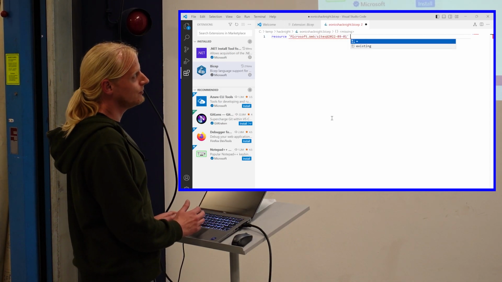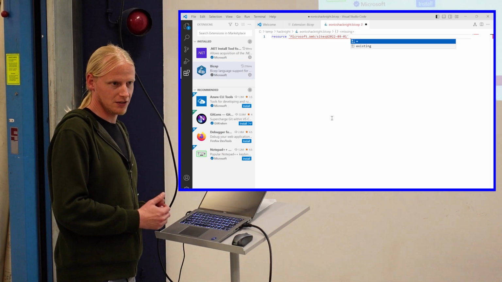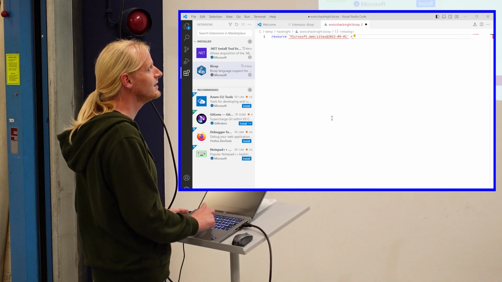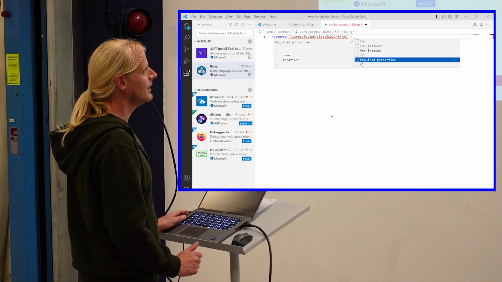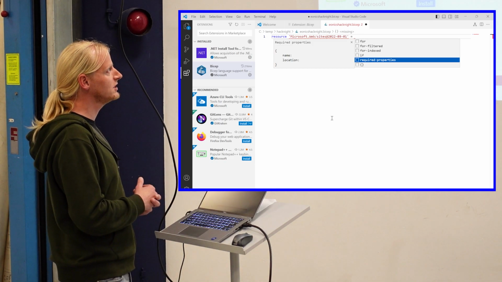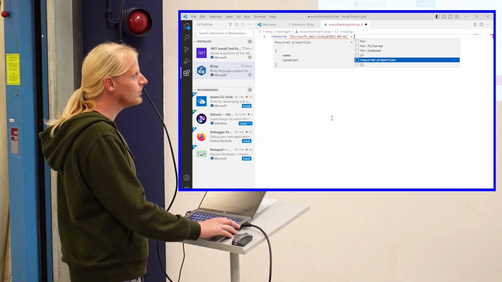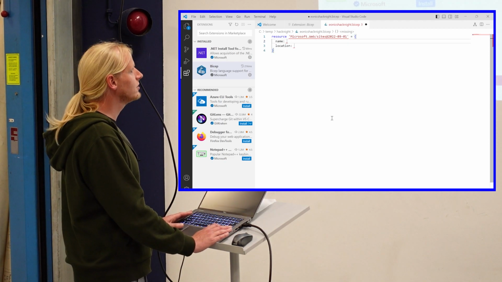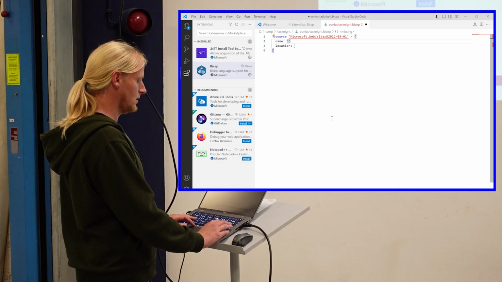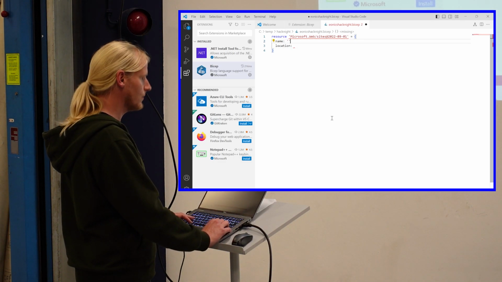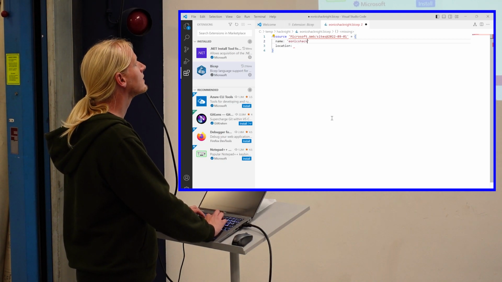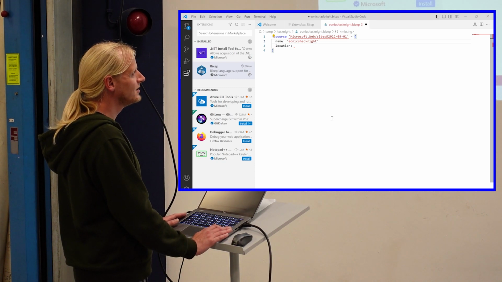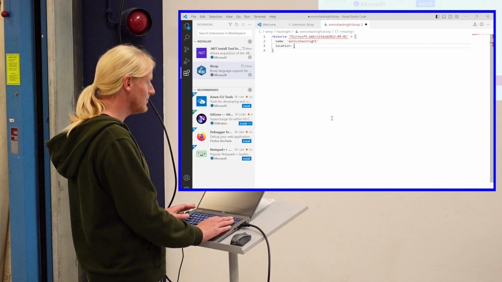Then if you just press space, it already gives more suggestions, like the things you could type. An equals sign could be nice. Then I type another space, and it automatically focuses this required properties snippet, which is quite useful. So we use that. If I press enter, you see it's automatically building the structure. I need to give a name to this web application. The name has to be unique within all of Azure. So hopefully this will be unique. I'm not sure, but we'll see.